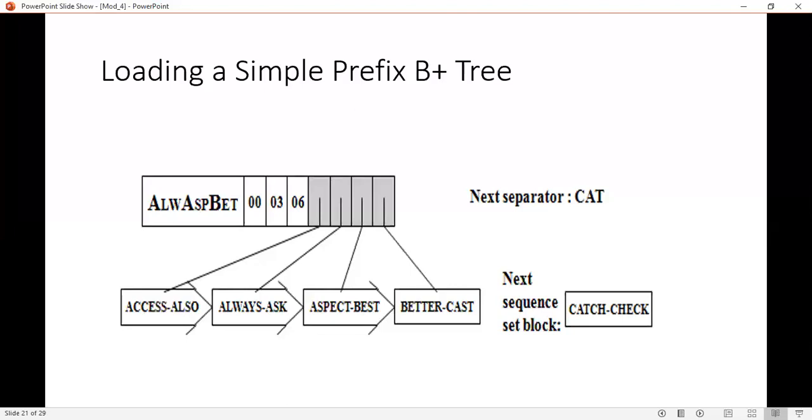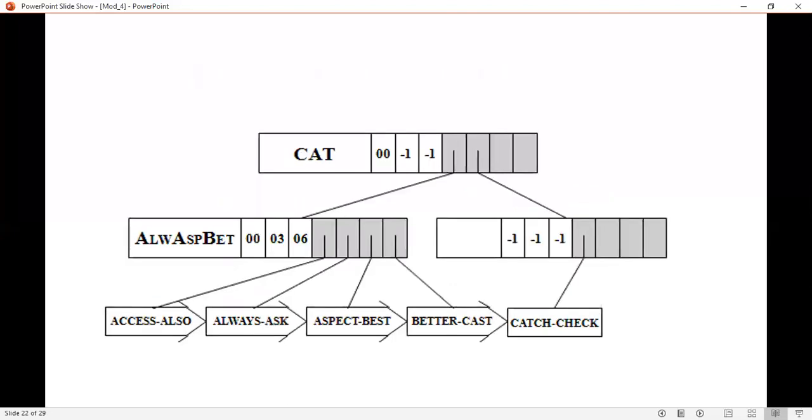When you construct one more block, what do you have to do? See this diagram here. We promote the cat separator to a higher level block as shown in this figure. Hence, we build two levels of the index set in memory as we build the sequence set.